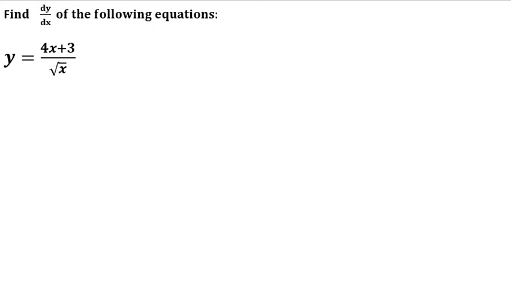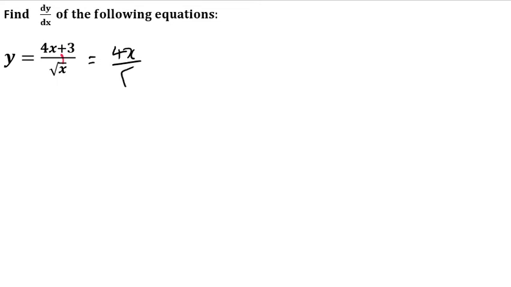Okay, so as you can see, this example is similar to the previous one. You see, you've got your sign on your numerator. So for this example, you're going to apply the same concept where we break it. Then before we differentiate, we simplify. So for this one, you have to say 4x